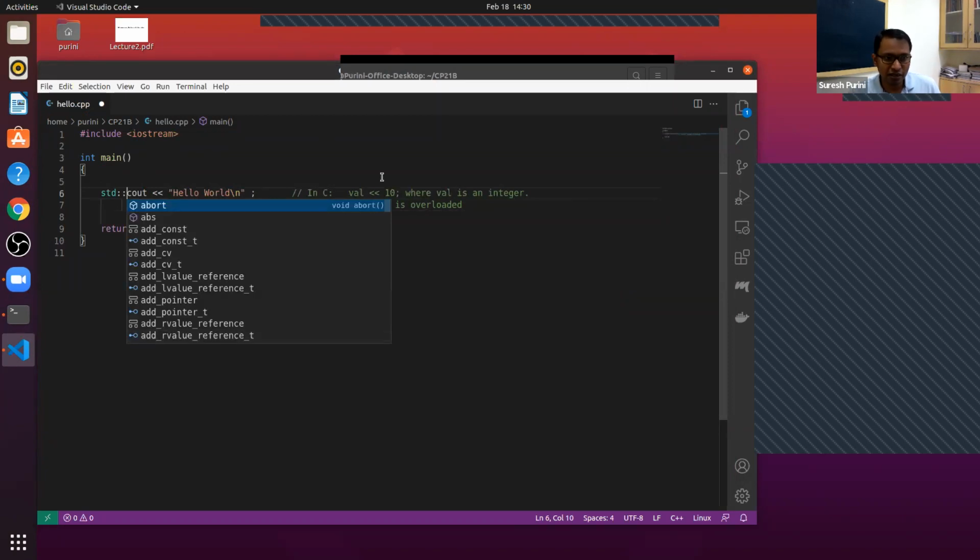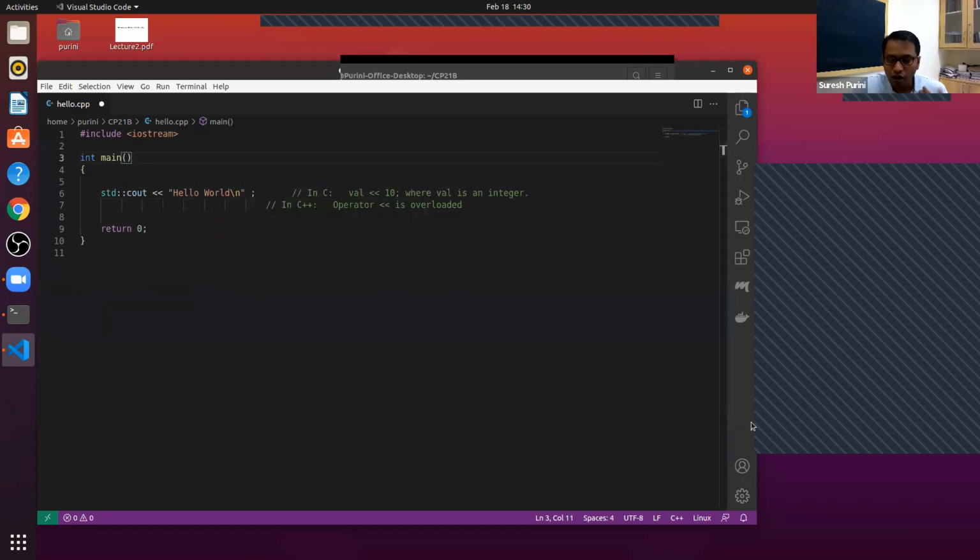Namespace is an important idea in C++. All the libraries or functions that you build, you can enclose the scope of whatever you are defining within what is called a namespace. So std is what is called the standard namespace.